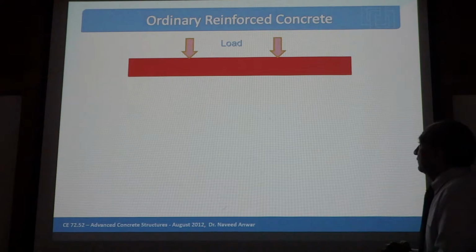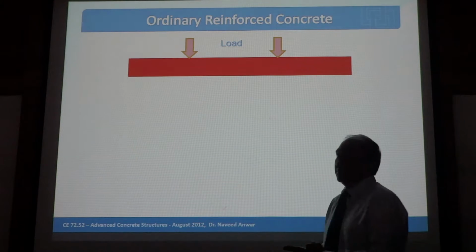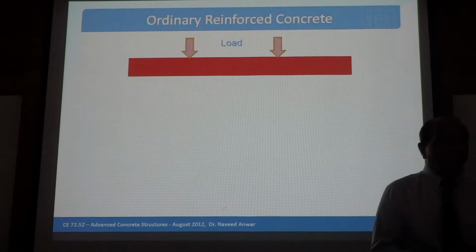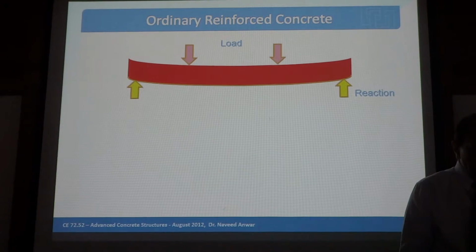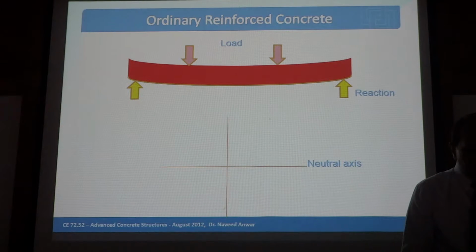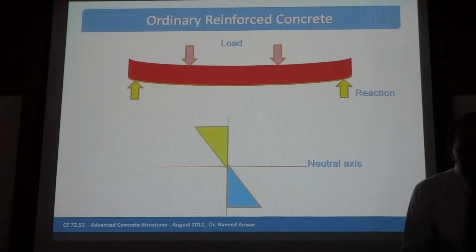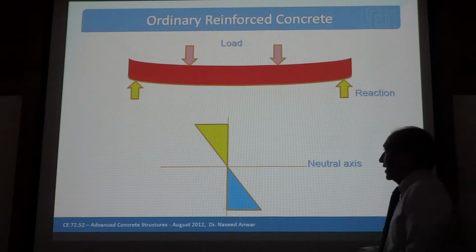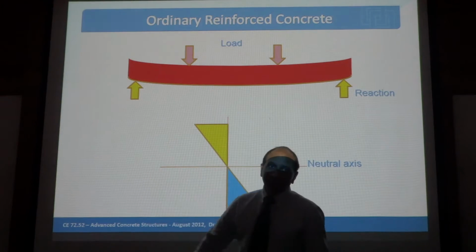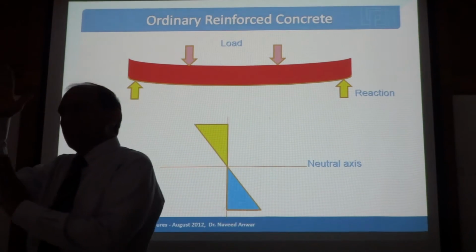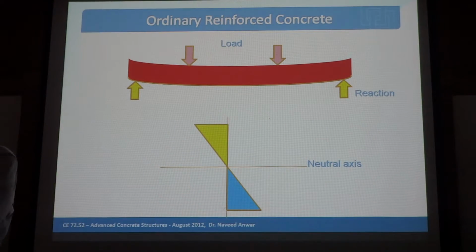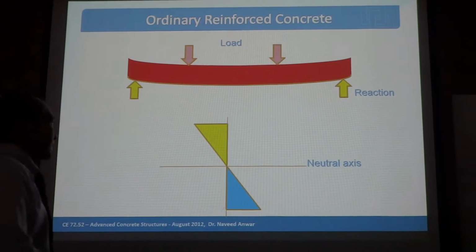Okay, already reinforced concrete, the loads are coming, and then what happens? We have reactions, the beam deflects, right, and the neutral axis is formed, and you get tension and compression. All right. So when you apply the load section, which was originally straight, it now comes into tension and compression zone, and this portion